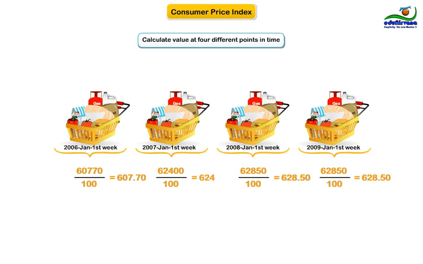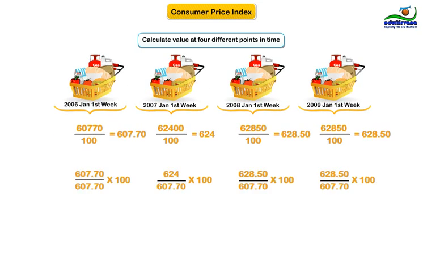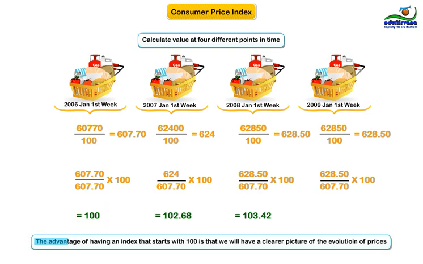Using the same basket as above, if we divide the entire series by 607.70, we get the following time series of price indexes. The reason for choosing 607.70 is that we want the index to be equal to 100 for the first point in time. The advantage of having an index that starts with 100 is that we will have a clearer picture of the